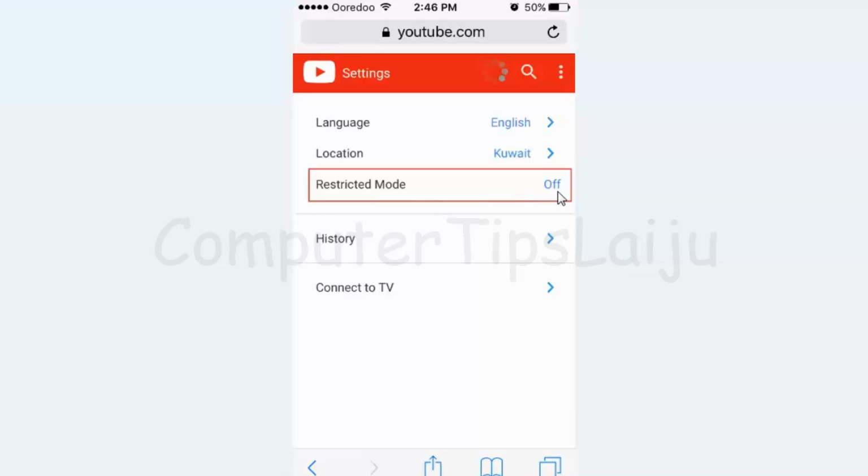If it is off, just turn it on to enable the restricted mode. If the restricted mode is on, all the inappropriate video content will be blocked from the iPad browser also. These settings should be done in each browser. If you are using a different browser, you have to do it in all browsers.